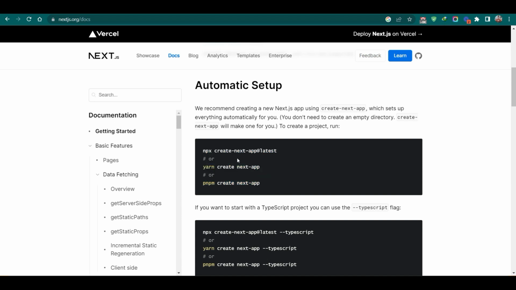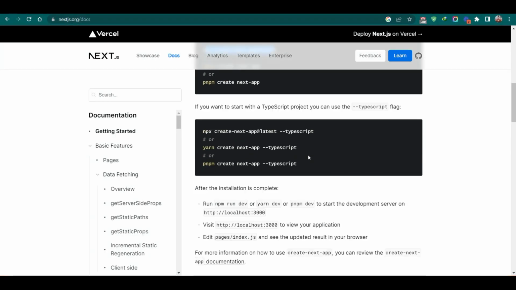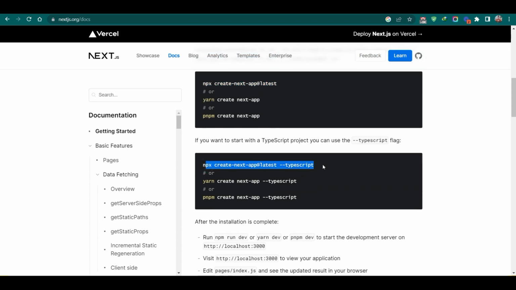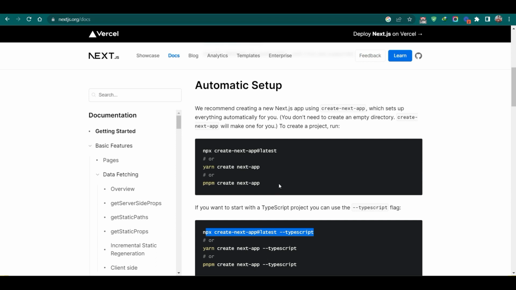The first one is npx create-next-app@latest. The second one is yarn create next-app. The third one is pnpm create next-app. The famous one is the first one, npx create-next-app. If you want to use the TypeScript version, you can also find that command for installation at the bottom. We are not going to use TypeScript in this project, so we'll use the first one, npx create-next-app